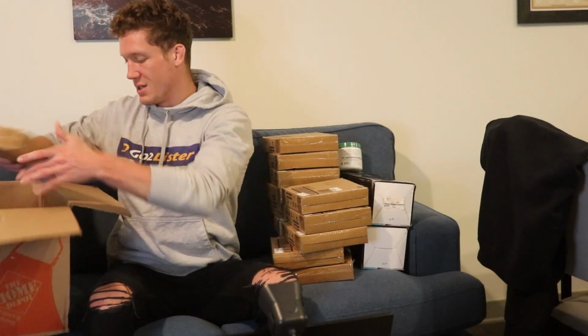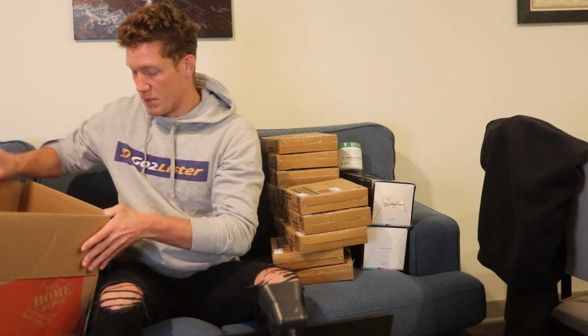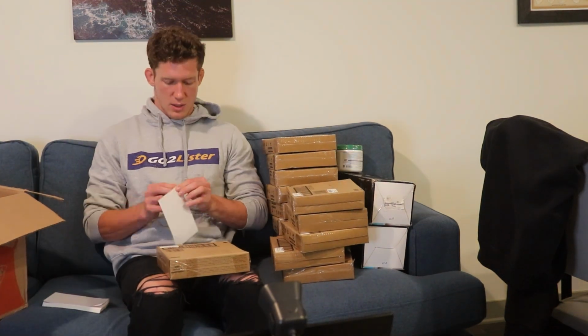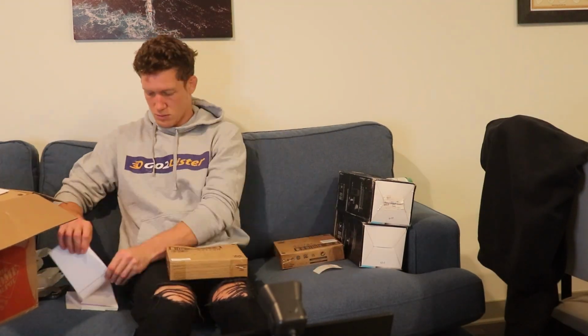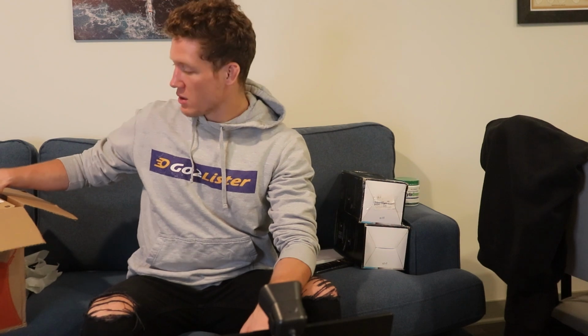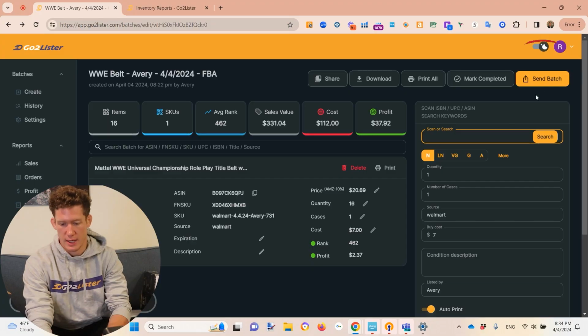So that's how we're gonna label these. And then we're gonna box them up. So now what I'm gonna do is take this, box it up. So I'm quickly gonna do that with all these. Okay, now that we have all 16 of these WWE belts officially packed in the box, we're gonna select send